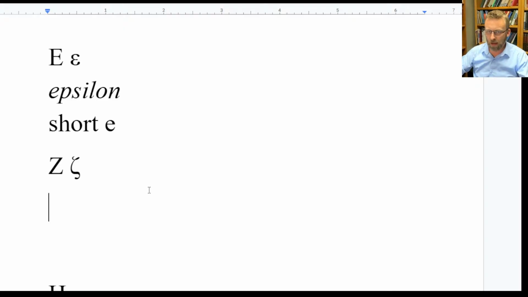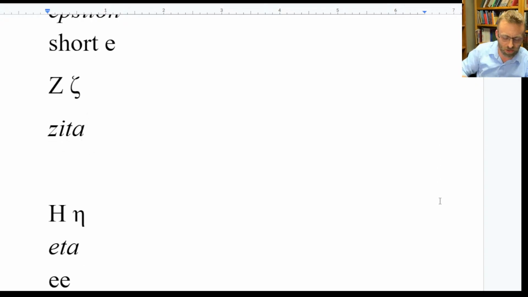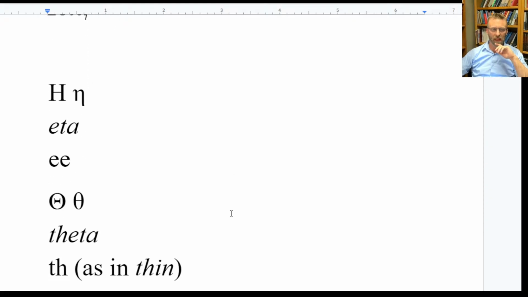And I prefer to... there's no correct way to write the transliteration of the letters, but you can write it as zeta or with an E, you can write it like that, but it's going to be pronounced zeta. And generally it's going to make a Z sound, okay? Zeta. After that, we have eta,